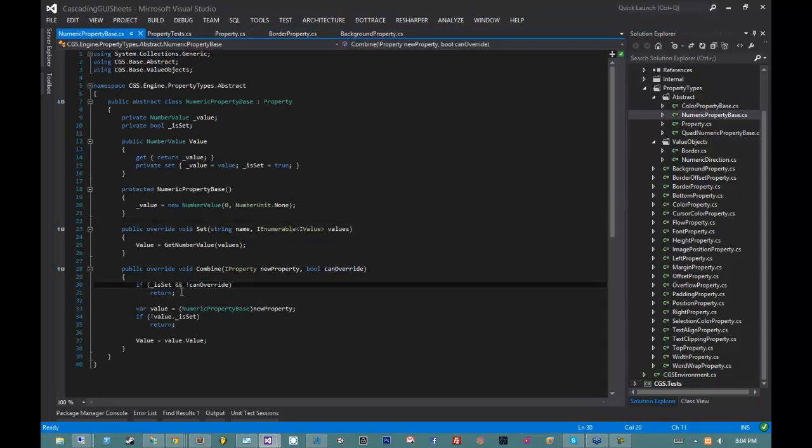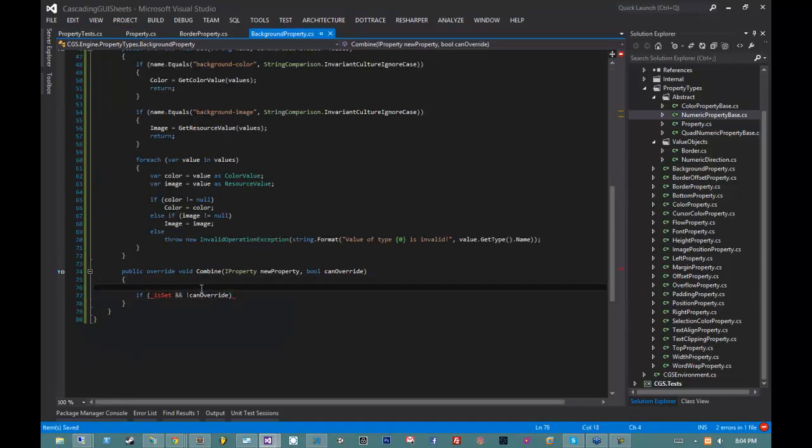Okay, if it's set and it can't override, then do nothing. So if our image is set and we can't override, do nothing. So I'm going to reverse this if statement. And then I'm going to say image equals